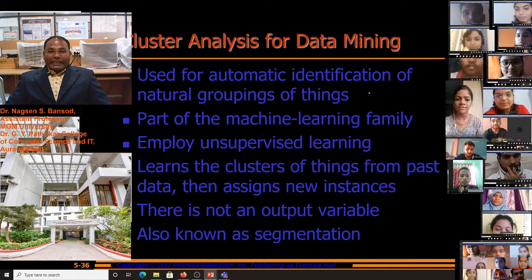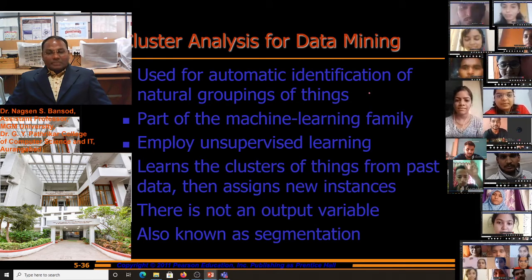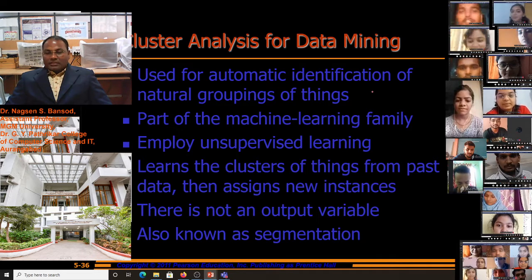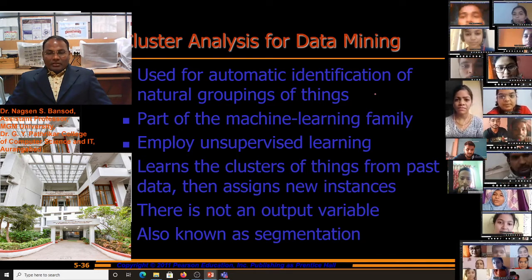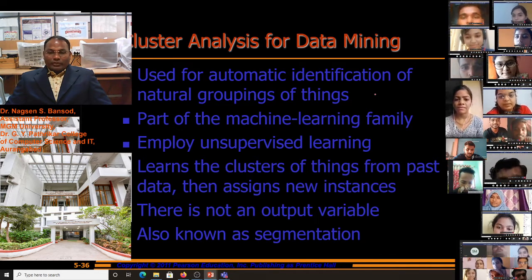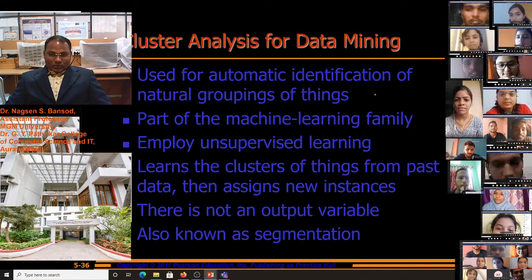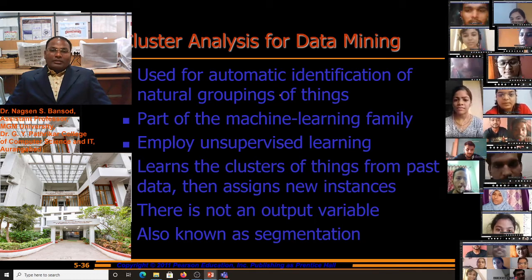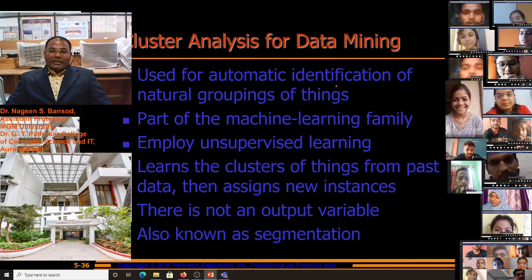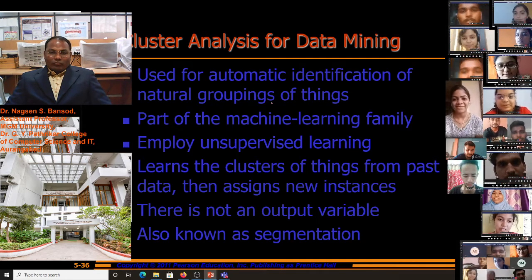There will be variation in temperature district wise in Maharashtra. In Jalna, temperature will be different. In Aurangabad, it will be different from Pune, from Mumbai, from Nasik, from Nagpur. Okay. For this, we can use automatic identification of